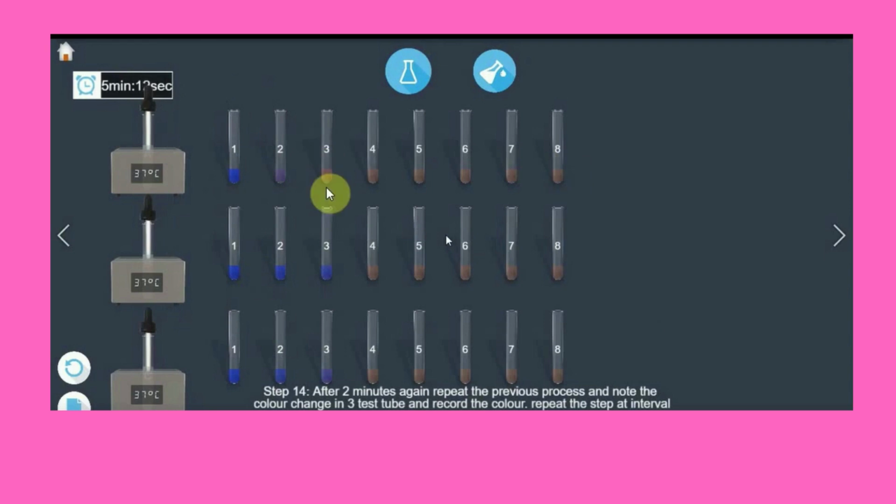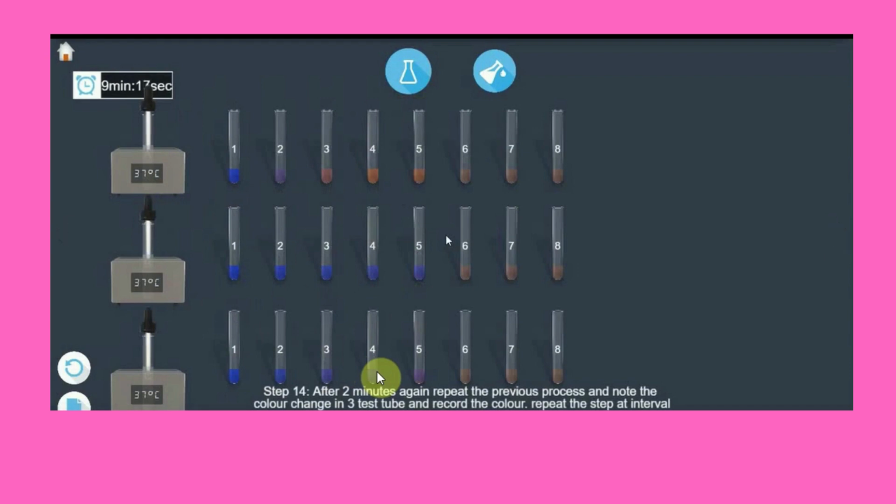In the first set of test tubes, where the pH is 6.8, in the first test tube only the blue coloration is retained. See, the second one has already been decolorized, and the third one too. But in the second set of test tubes, blue color is retained up till the 4th. And in the third set as well, we can say till the 4th.